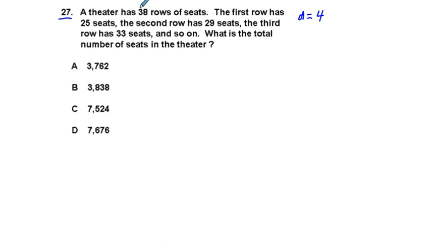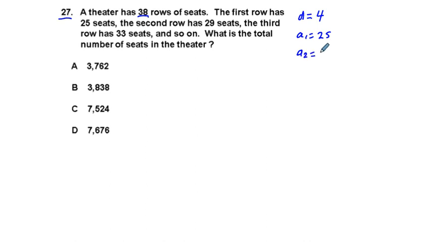And the first row has 25 seats, so we say a sub 1 is equal to 25. And then we're going all the way up to 38 rows, so we can find out what the total number of seats is by adding 4